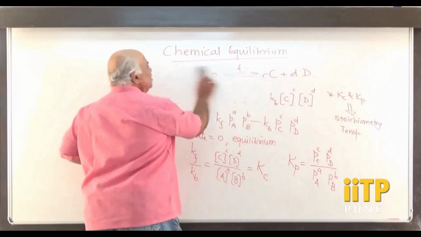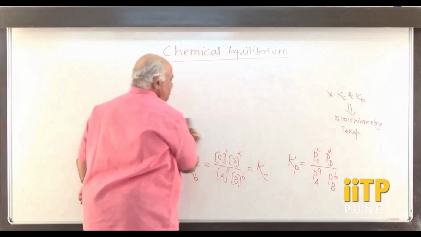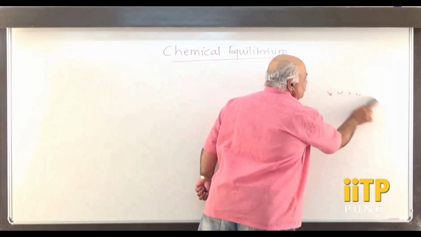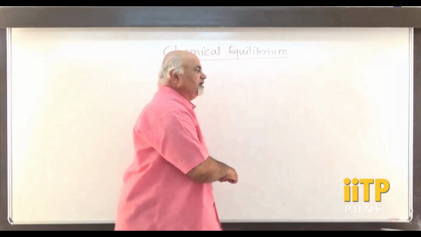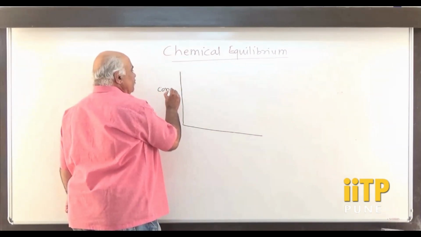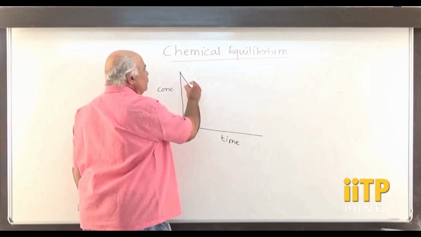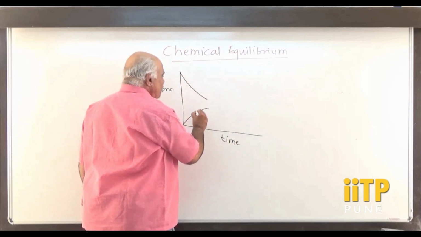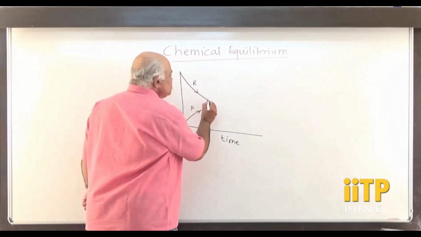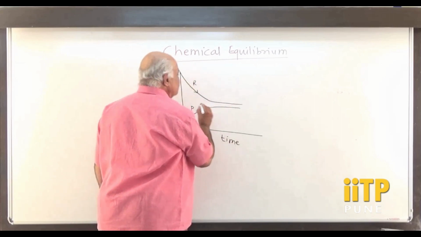We know that initially the concentration of the reactant is definitely high. It will go down as the reaction proceeds and the product concentration gets improved. So when we talk about the graph of concentration versus time, the concentration of the reactant will go down, the concentration of the product will increase. This is the reactant, this is the product concentration, and this will happen up to a certain point and then the change may not happen further.